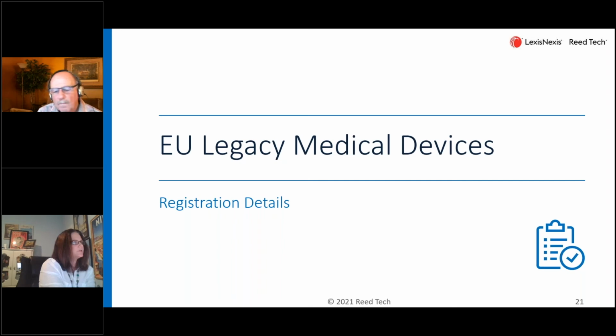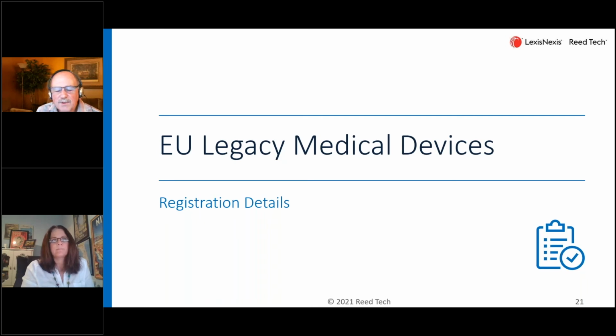well, I think we're moving on to registration details, and that's similar to regulation compliant devices, but the European Commission has established alternate identifiers and a dedicated data set for use by legacy devices. So in this last section, Gary, can you discuss the registration details of legacy devices and how they differ from regulation compliant devices? Yeah, that's a real good topic for us to kind of summarize this discussion, and we'll get